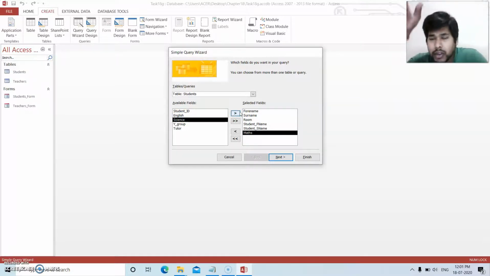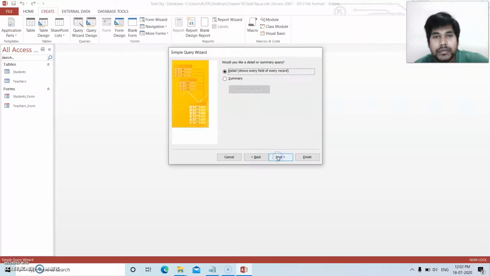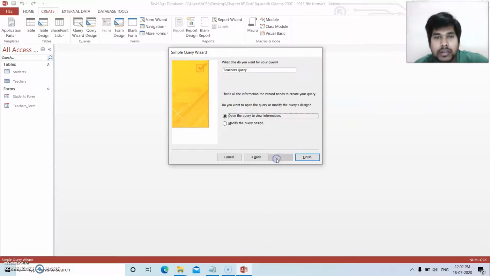But the maths subject I don't have to display. There is just a condition, so I am taking maths, but I will not display this. So from table teachers I have taken name, surname and room. From table students I have taken their first name, surname and maths column. Click on next. Click on next.